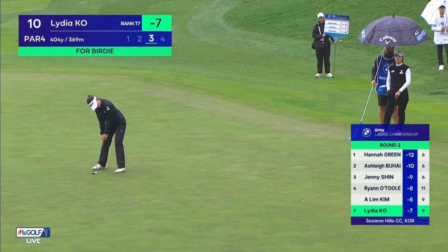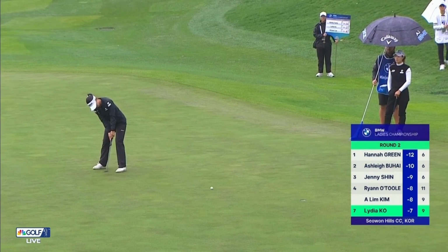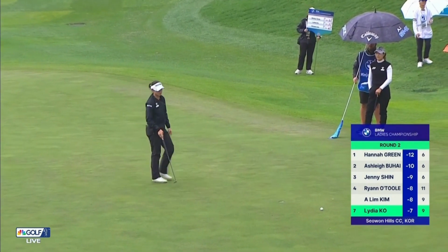This for birdie. She's currently finding herself 5 behind Hannah Green. It's a pure roll. Lydia Ko is now...